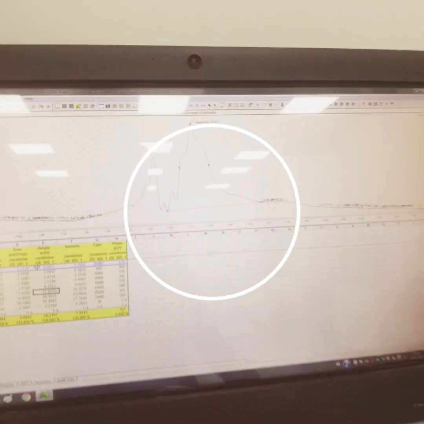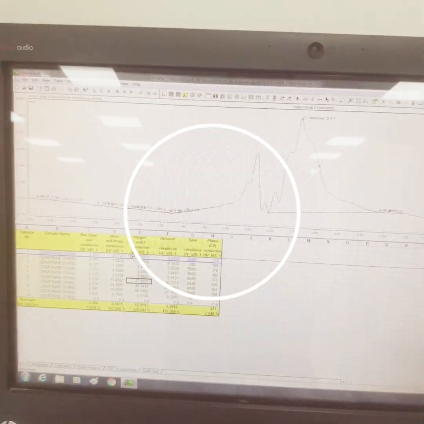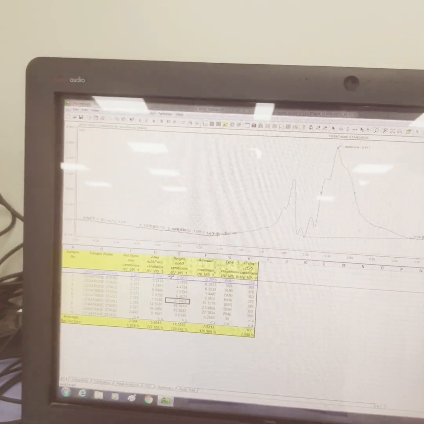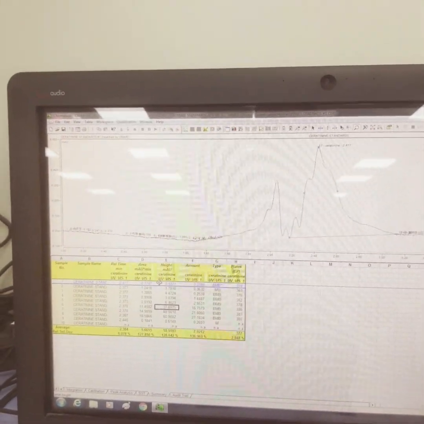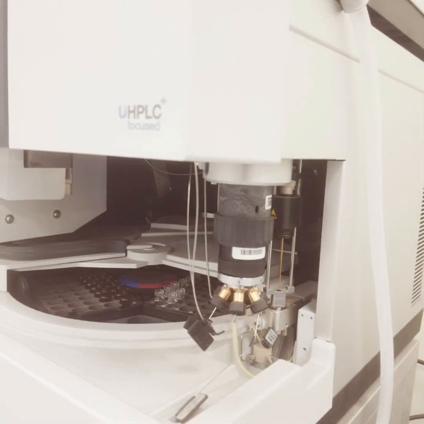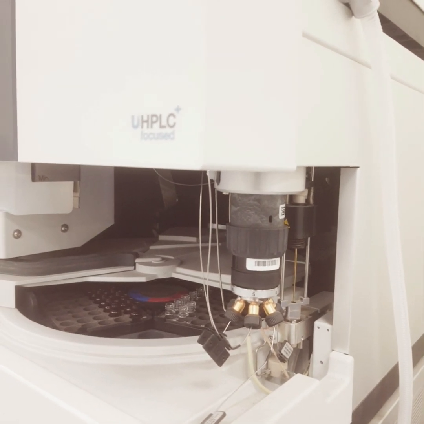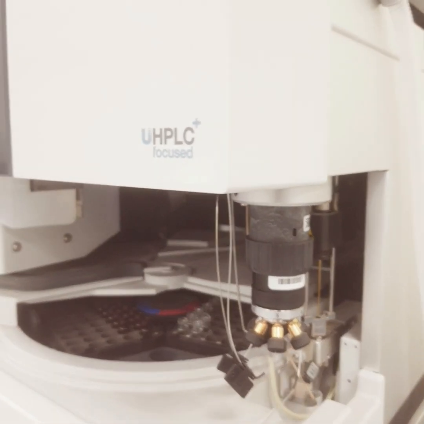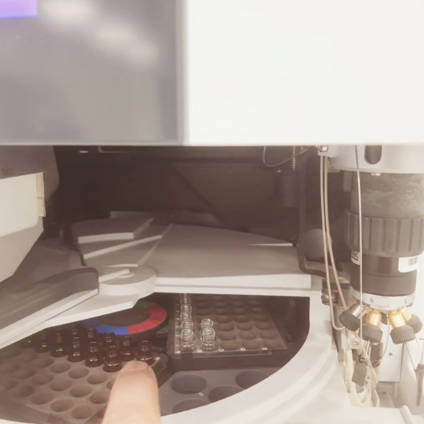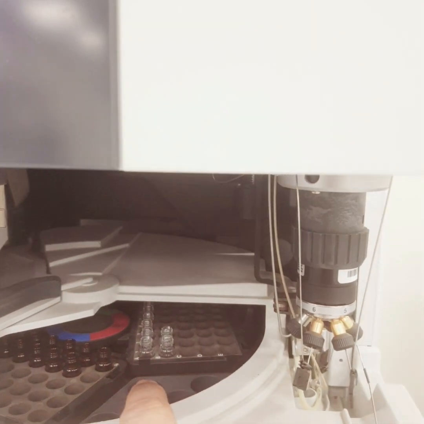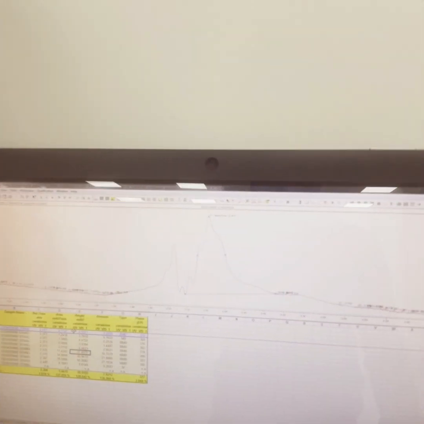Okay, so in this part of the video we'll be focusing more on the curve, on the height and the area. In the second part of the video we'll be focusing on the calibration part. You can see here it is injecting samples simultaneously. Now it is on, I think, the last sample. So we have started our sequence from A1, A2, A3, and then we are going to B1, B2. Okay, and now